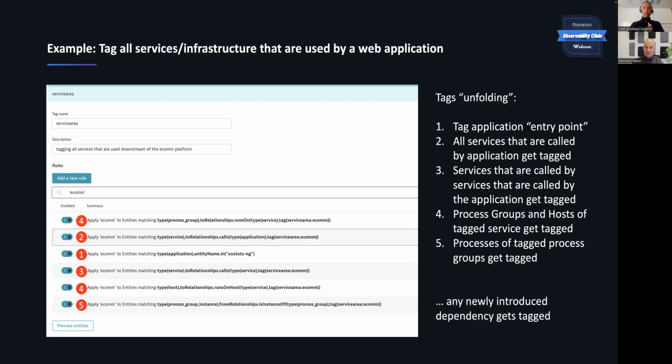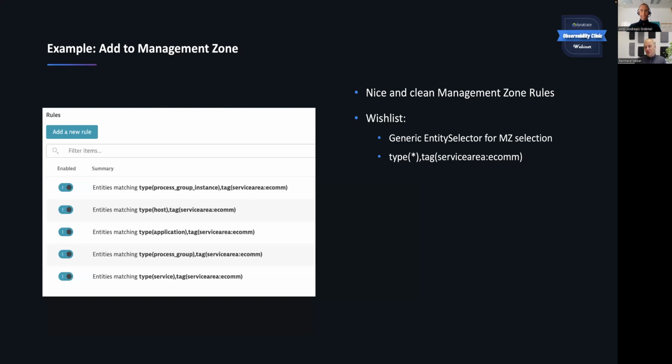This is really nice. Yeah, often if you think about tagging rules, you say, well, okay, you look at the moment right now, which services are there and how they're being used, right? But imagine you're doing refactoring in the back end, or some other service owner that you didn't even know about just starts refactoring and introduces new services and new dependencies. You have this great dynamic dependency model in Dynatrace to detect all these dependencies. But as you said, management zone is one of the key